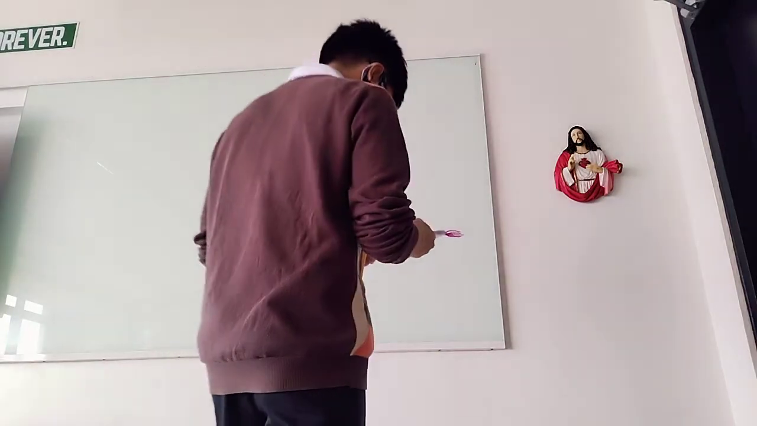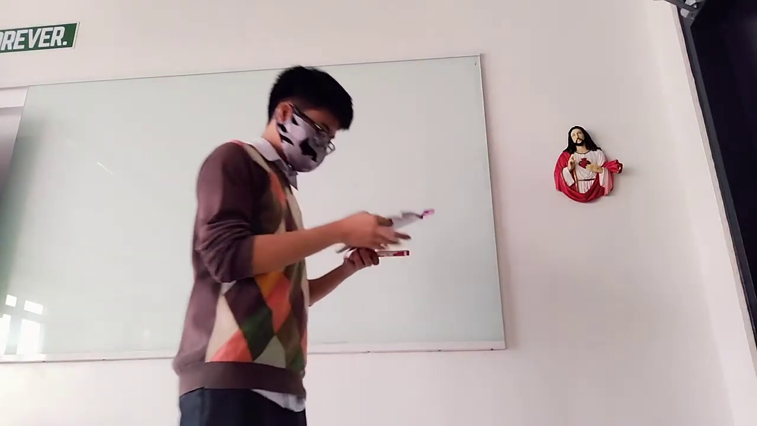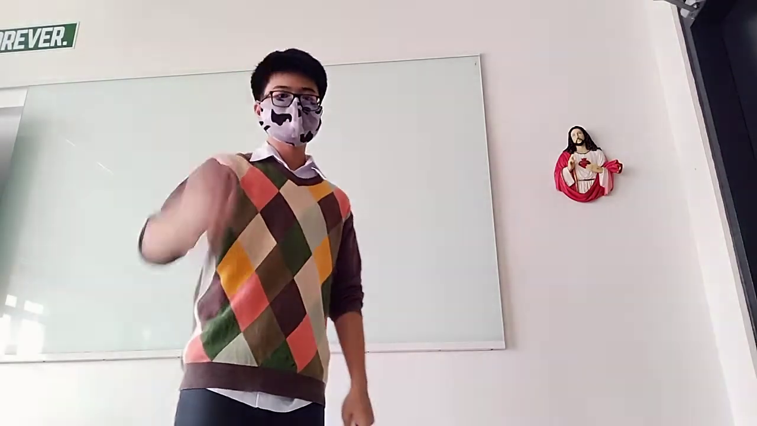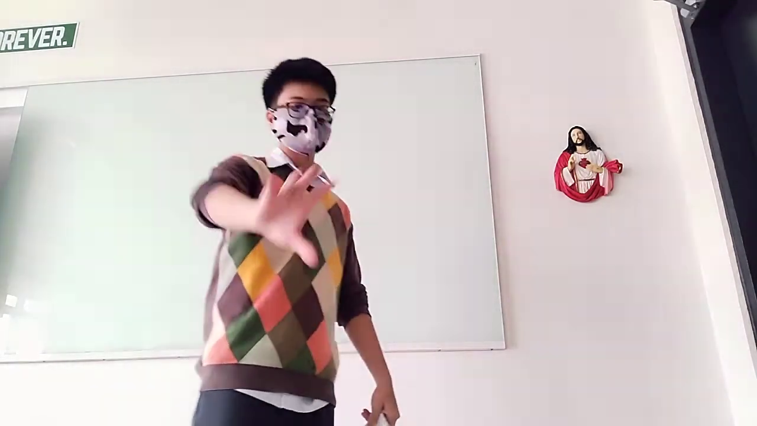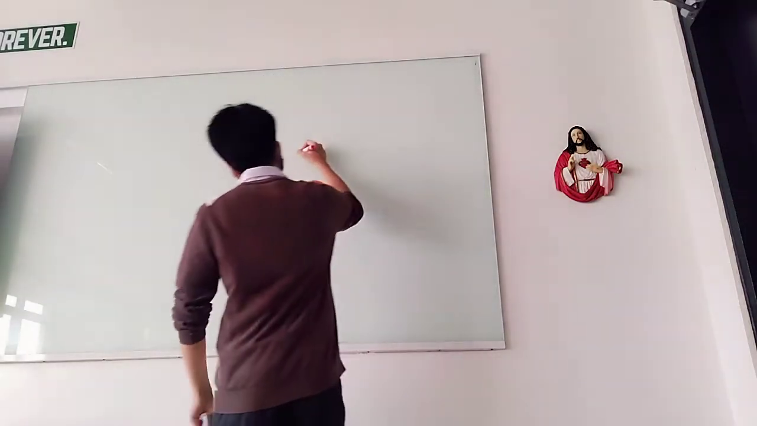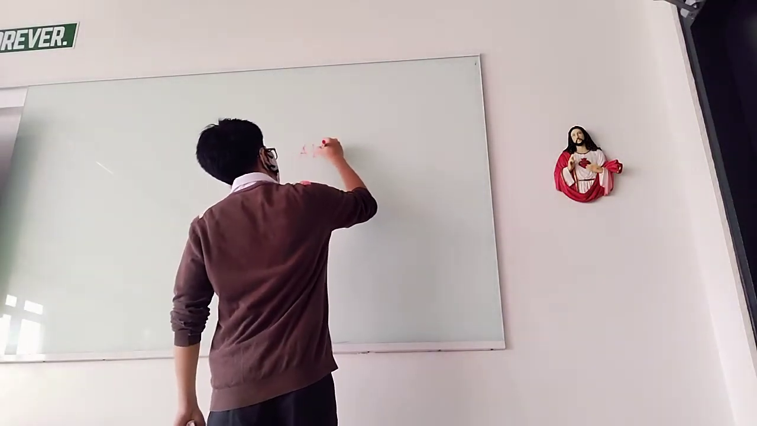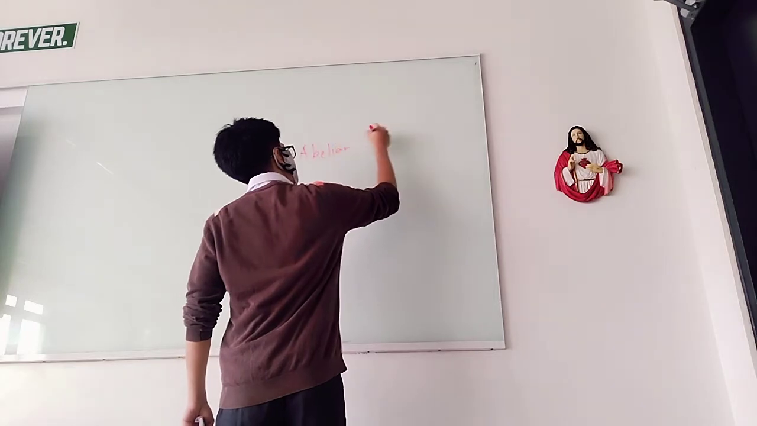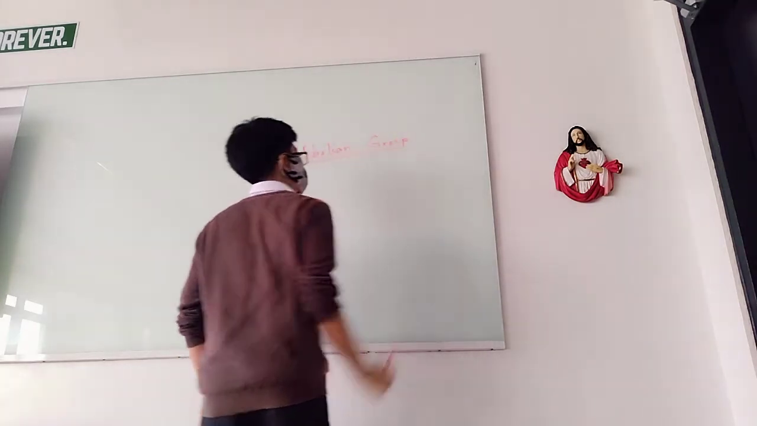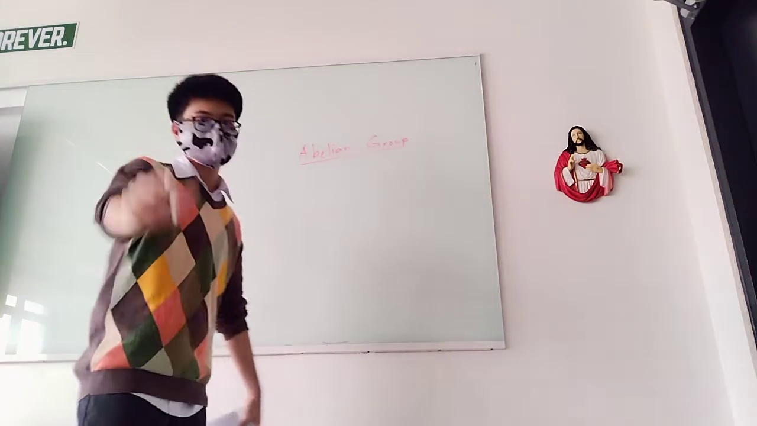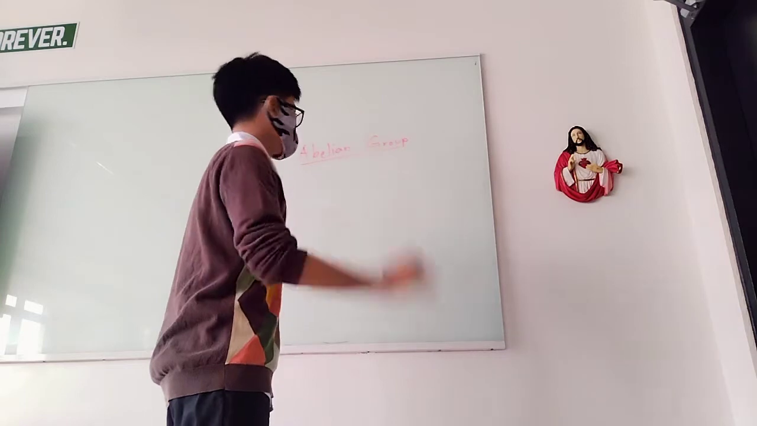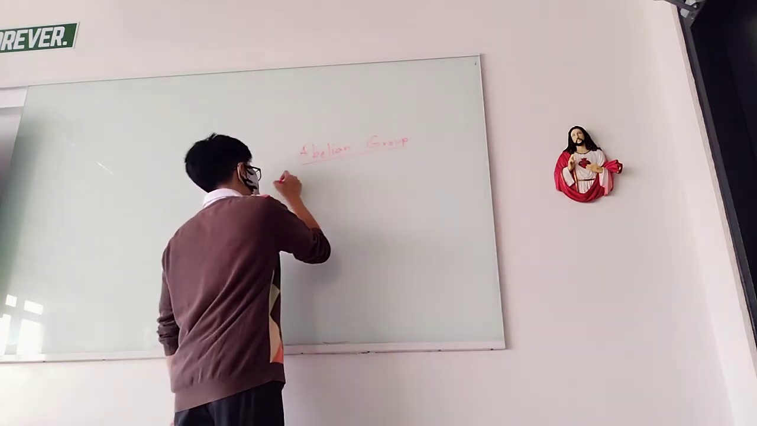Alright, so that's the group axioms. There are actually different types of groups, but one of the most well-known ones is called the abelian group. An abelian group, as I stated in the previous lecture, is a group